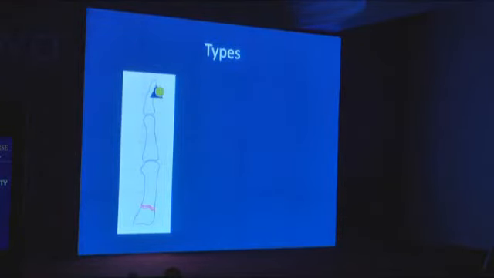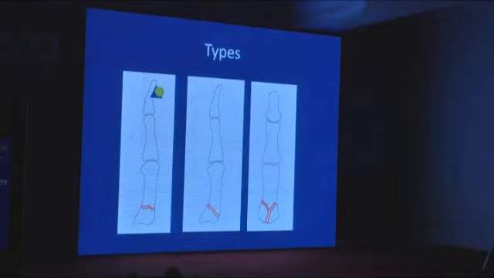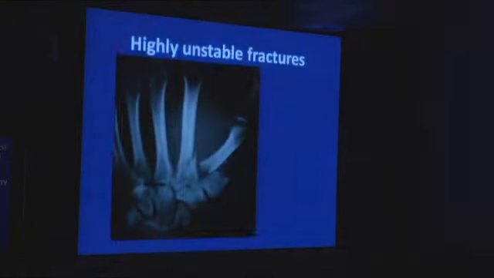Now the fractures can be of three types. One is very close to the joint but not involving it, and it's more like a transverse fracture. It's like a shaft fracture happening very low. Or it can be a fracture which is an oblique fracture coming much closer, or it can involve the joint itself. So each one of these could behave just like what we've mentioned.